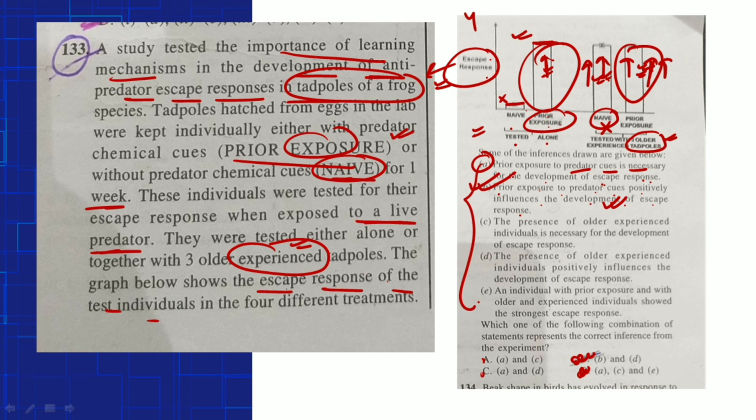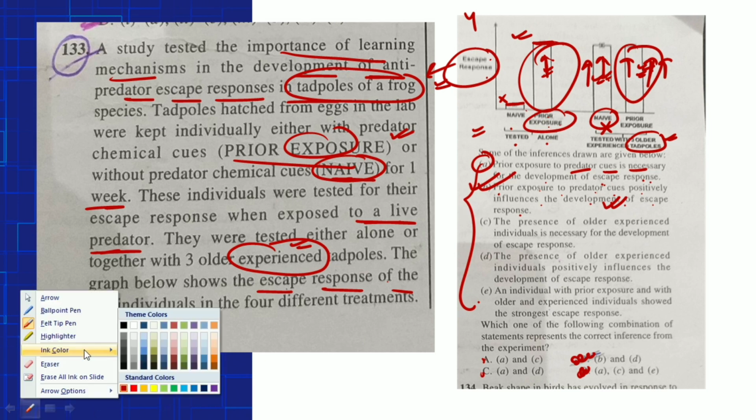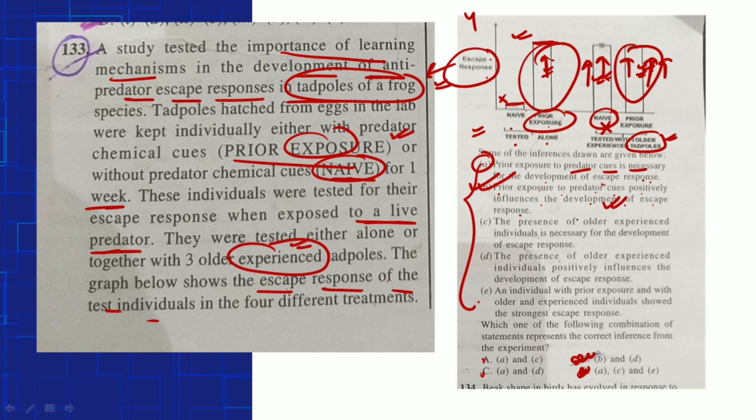And following the same, try to just eliminate the options in which the B option is not there. So in the first one, in the second one, and in the fourth one, we do not have option B. Hence, we can see that with just one option we got the correct answer as option B, that is B and D statements are correct. But we will continue with the other statements for a better understanding.